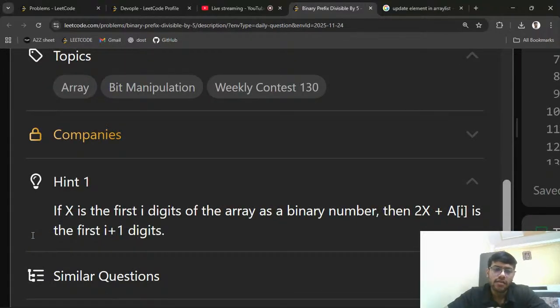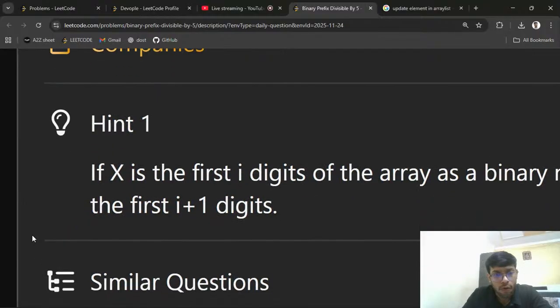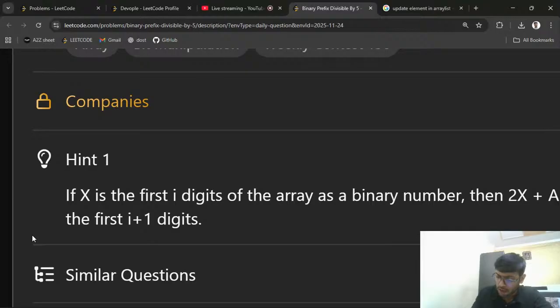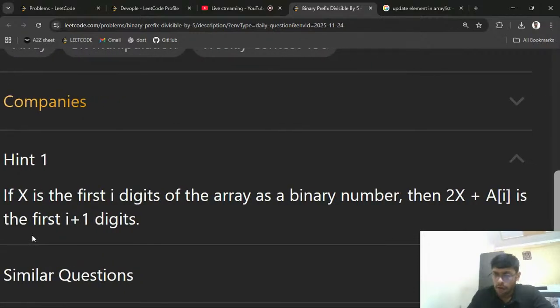If x is the first i digits of the array as a binary number, then 2x plus a of i is the first i plus 1 digits. How? Let's say, for the example, 1, 0, 1, if x equals 1, 0, that corresponds to 2, is the first i digits of the array as a binary number, then 2 into 2, plus